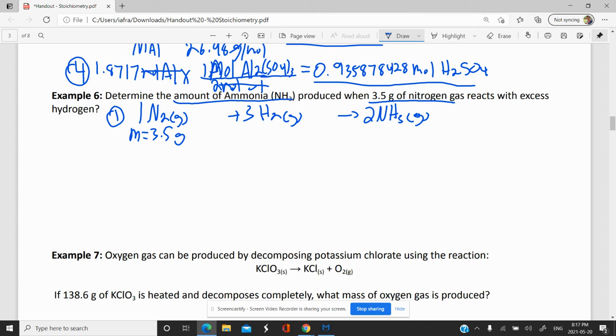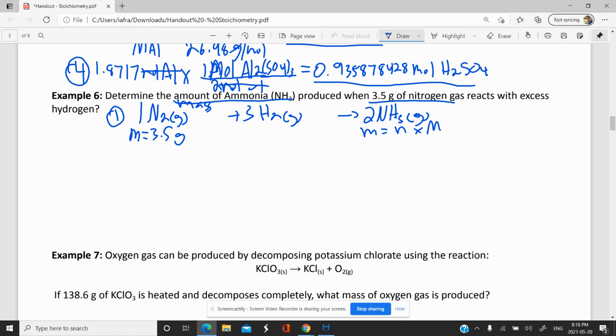It's a bit ambiguous, that wording. Let's just say we mean mass here. So we want to find the mass of ammonia. To do that, you need the number of moles of ammonia times the molar mass of ammonia. So we have information about nitrogen, but it's only mass information. We can't do a mass to mass ratio. And so what we can do, though, is a mole to mole ratio by converting the mass